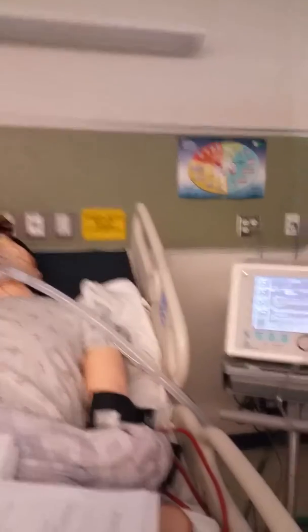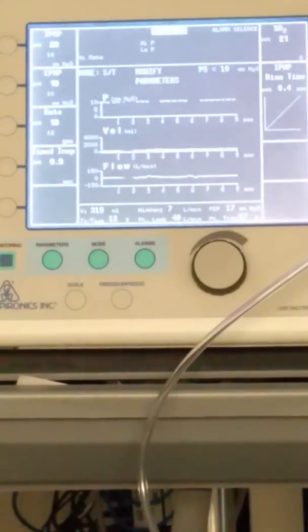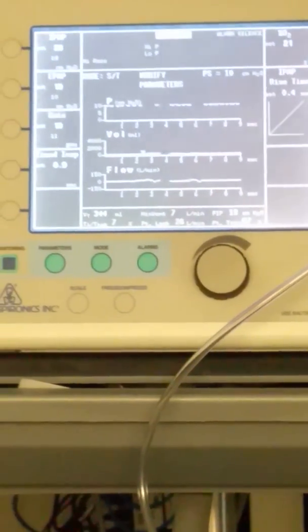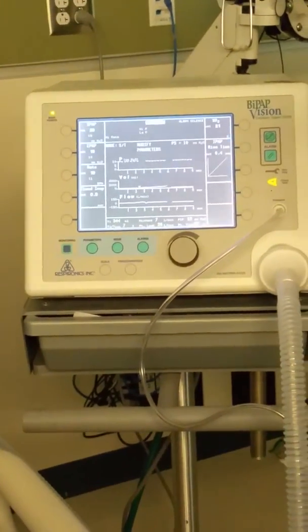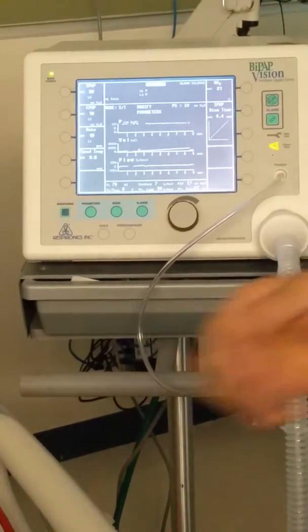But really the point is that if you do have to increase PEEP, and your tidal volumes are adequate, you have to change your IPAP the same amount to keep that same delta P, because you're going to decrease your tidal volume. Okay. Does that make sense? Yeah. So this asks you what